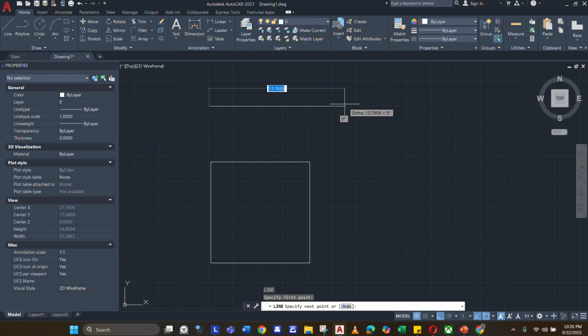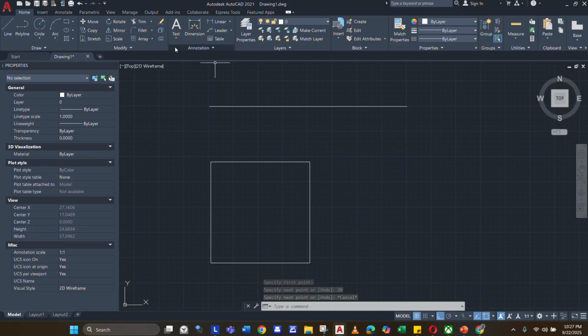I'm gonna hover the mouse to the right. So I want it to be there on the right. And I'm gonna type, let's say, 20 meters. I'm gonna type 20. Enter or space bar. There. I just made a 20 meter line.